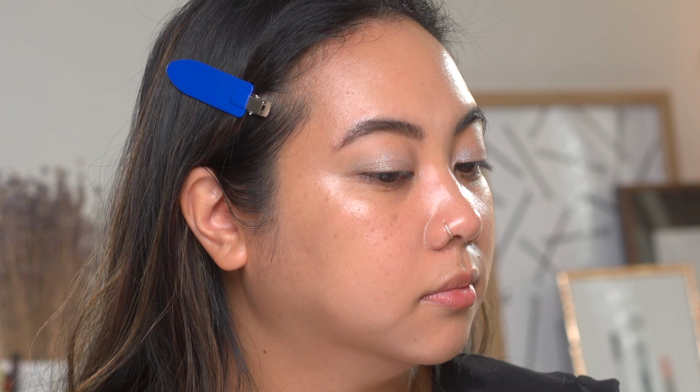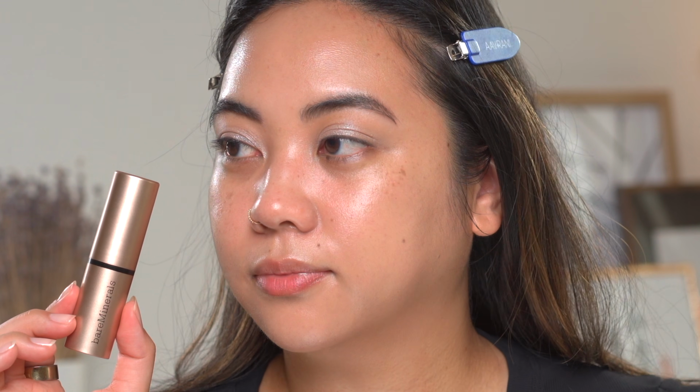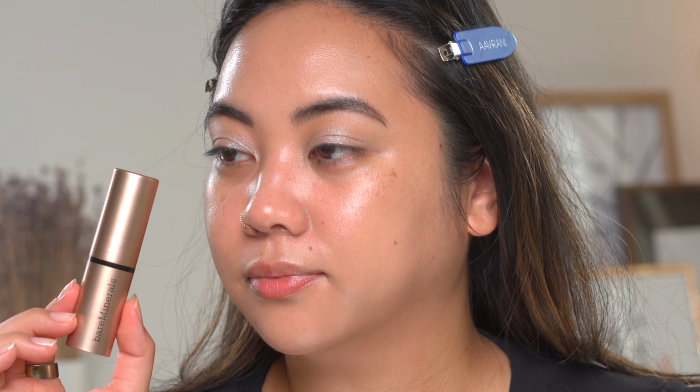I do think that this one is going to be more geared towards those that are looking for a little less coverage, or if you want the majority of your coverage to come from something like, say, your concealer. This will sort of even out your skin tone before going in with your concealer and stuff like that. I have been liking something a little bit more on the mattifying side, so I'm going to continue testing this Laura Mercier one, and they did send it